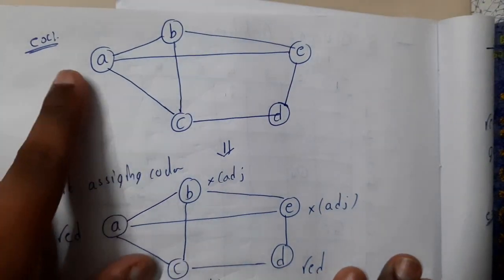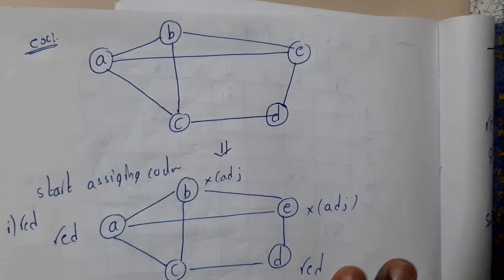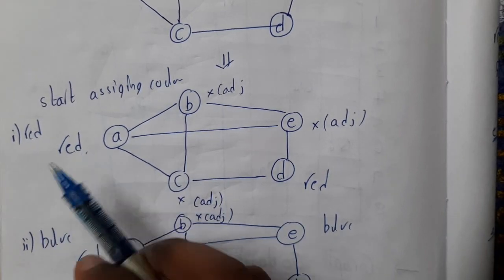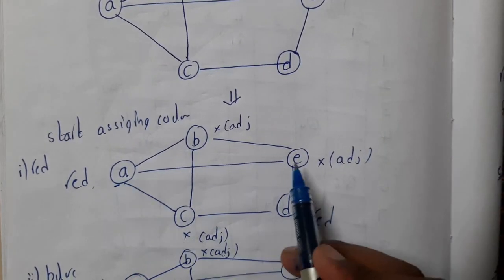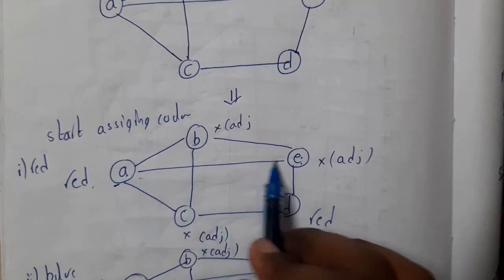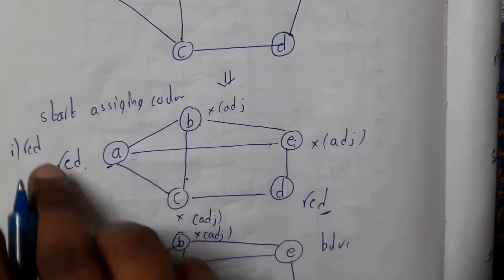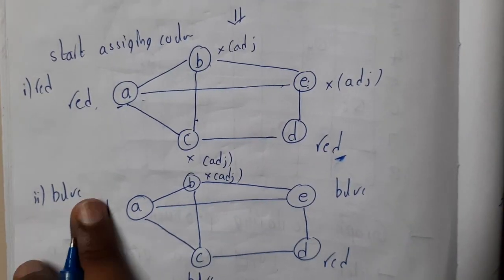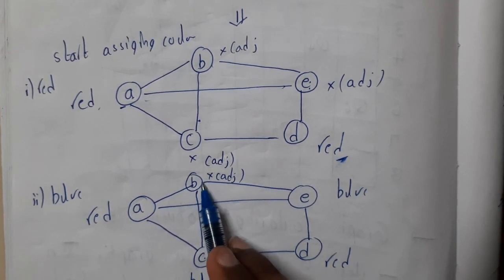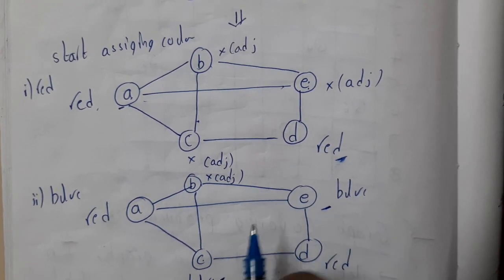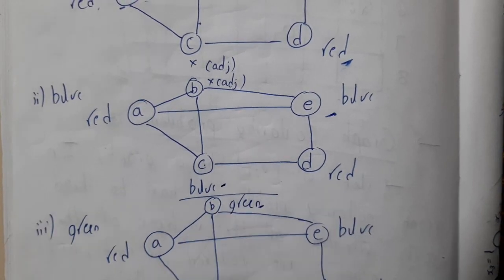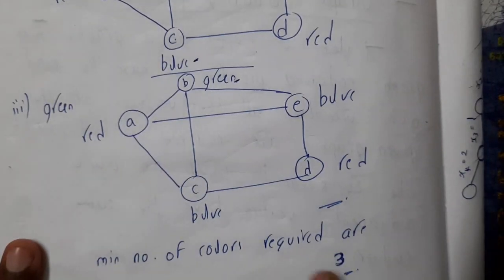If you take this example, assume that you started from A and started assigning colors. First you assigned red to this. So you cannot assign red to E, B, C because all of them are adjacent, but you can assign it to D. Now let us go through blue. Assume that at C I gave blue. So I cannot give blue at B, whereas I can give blue at E. For the last color, green, I am giving it to the left out space, that is B. So finally we have colored with a minimum of 3 colors.